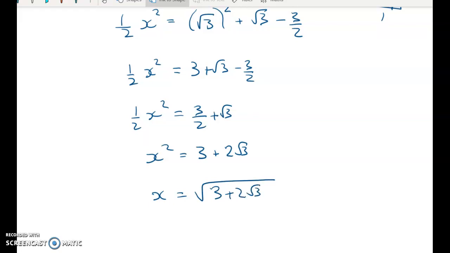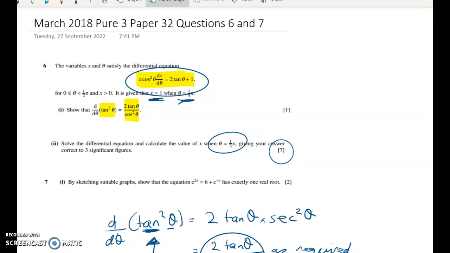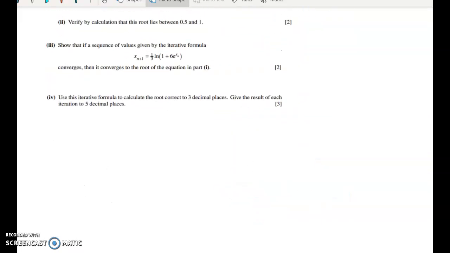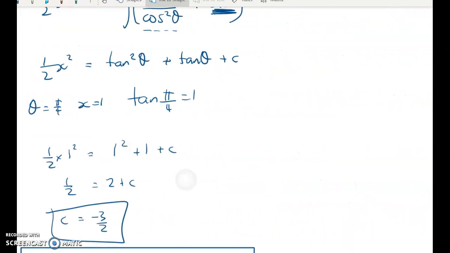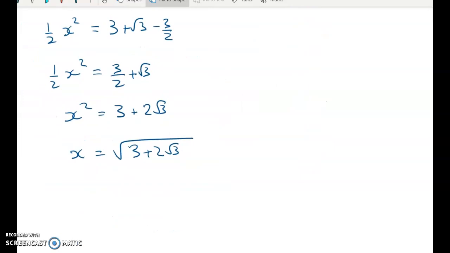Now I just want to look at why I'm not using the negative root here. So let's go all the way back up to the start and just check. We are told that x is positive, right? So that's why I didn't bother with the negative root. But actually I should have said that. So in here, I think the first line should really be x is equal to plus or minus that. But x is greater than 0, so